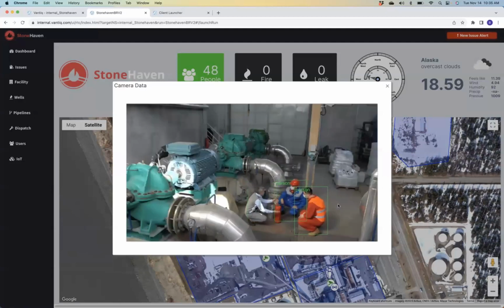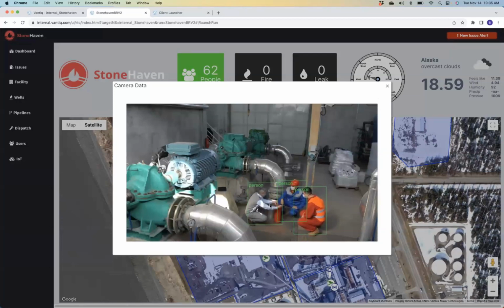Now, a few things that are worth pointing out. Yes, it is a video playing in a loop in the background, but the detections, the green detections, are not part of the video. So they are being laid on in real time as the system identifies those. And what Vantic is doing underneath the covers is taking each one of those inferences and converting it into 2D spherical coordinates. So this is really interesting because we have a camera with no specific GPS positional information. We have XY coordinates from these individuals, and we can take that and translate that into a location, a specific